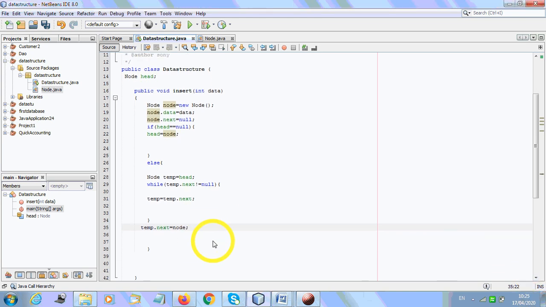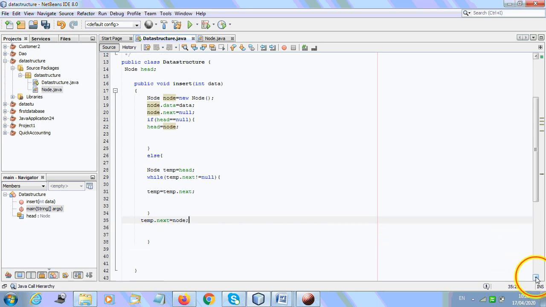So what we did here, so see the while loop is there. While loop is next till we get the null value, we will have to traverse the node. Once we get the null value, what we will do? At the value which is null here, because temp dot next not equal to null. If it is null, we are going to get outside of this loop itself, and here we have temp dot next equal to node. We have given the value of the address of that node here itself. Okay, yes or no? So good.